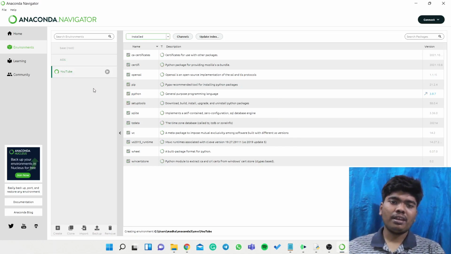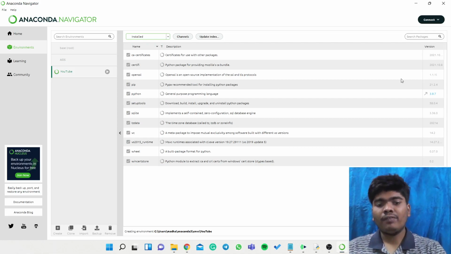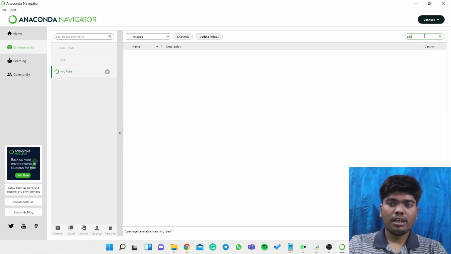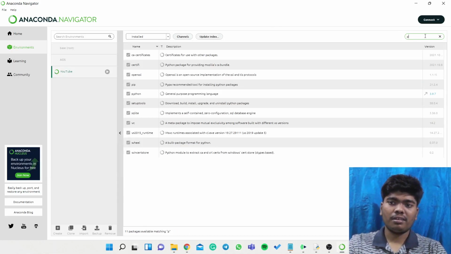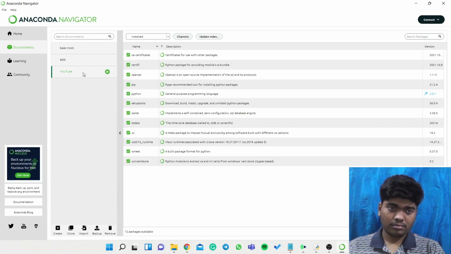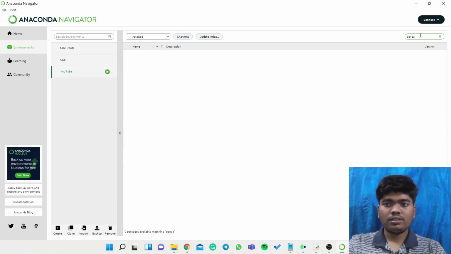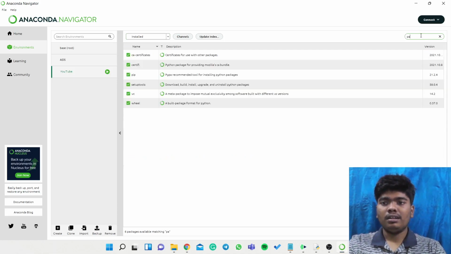If I click on create, basically Python will install all the packages, but you may check if required. So you can click on pandas. One second, I think it is initializing everything. Now if we click on pandas, it is not coming.